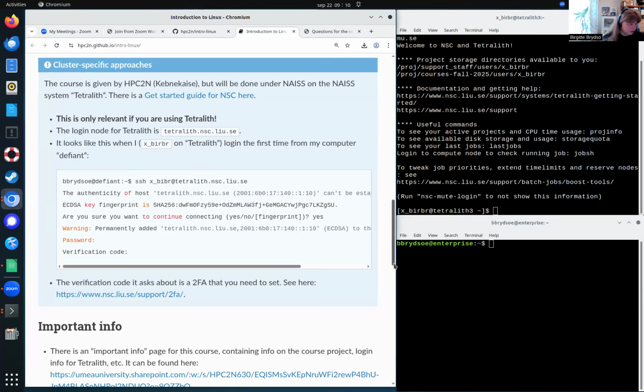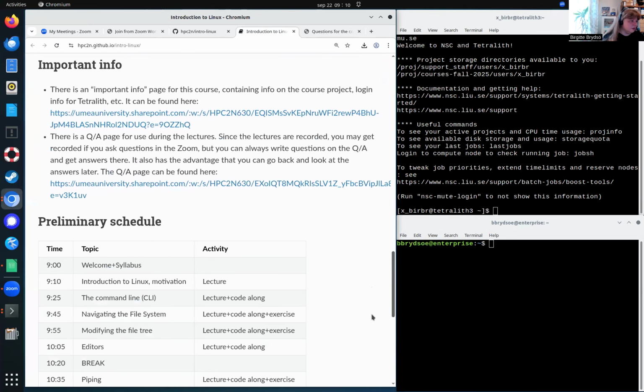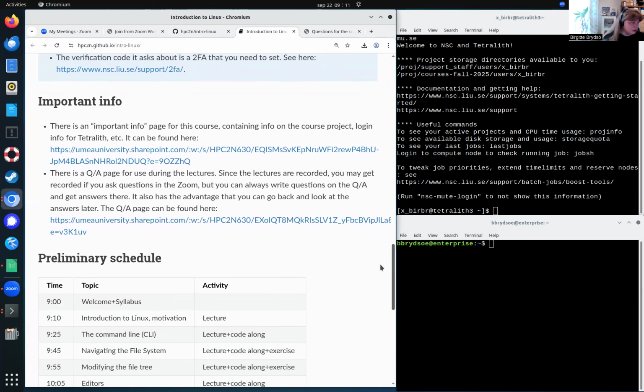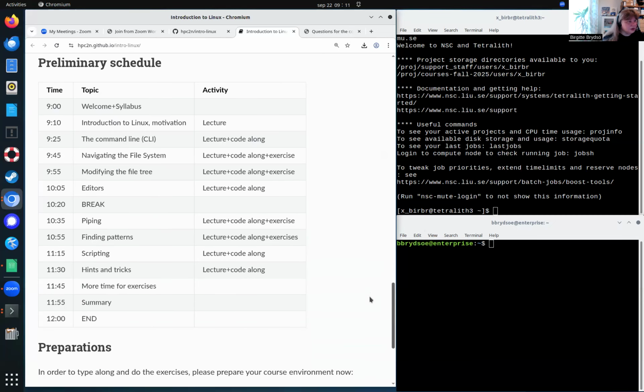So let us move on here. There's an important info page. You got that emailed, so you can also find it here. There's a Q&A page, and the lectures are recorded, so you will get recorded if you ask questions on the Zoom, but you can always write in the Q&A. And let's see, let's move on to the schedule. That is where we are here.